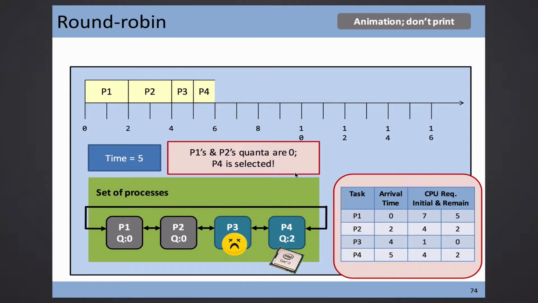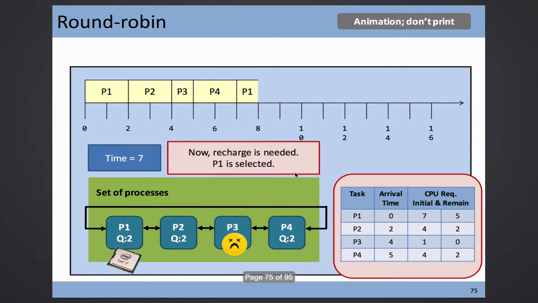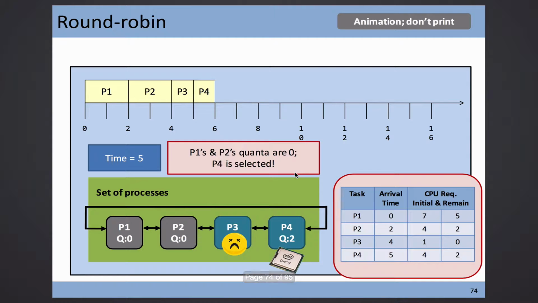Now I use up this guy's quantum, and we will have a scenario that I should have an animation for, but this is a PDF. With PPT, I have an animation that has all guys gray, so you can imagine that. There is a case that all guys are gray. So you do a scan, and oh, all gray. So what should you do? Using this circular queue again to recharge every process with their initial quantum 2 again. After the scan and coming back, you start with this to schedule again, give it 2.